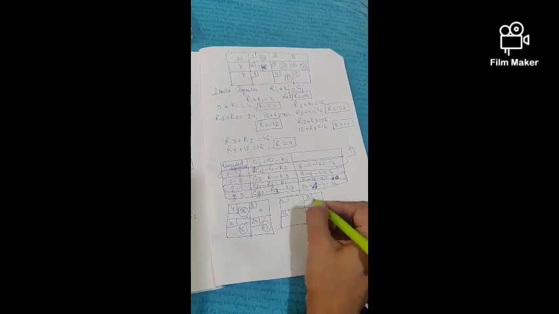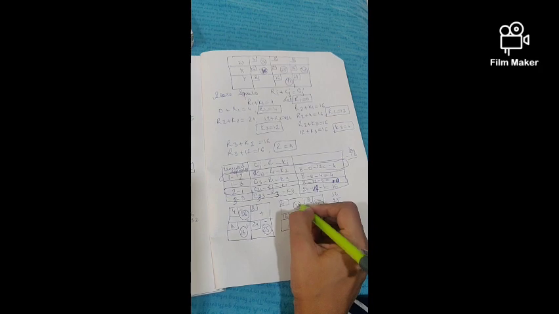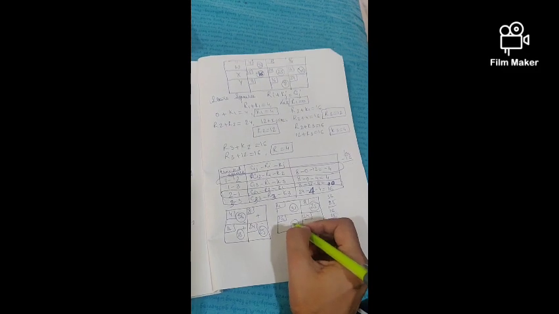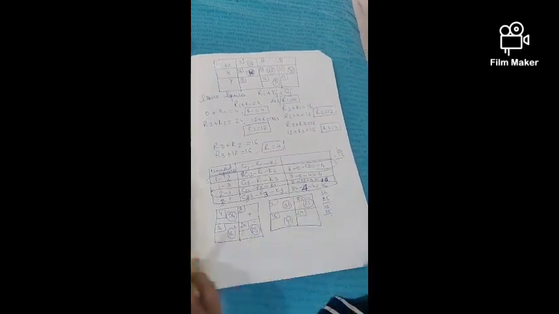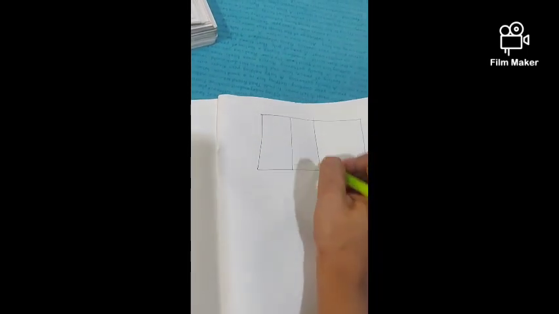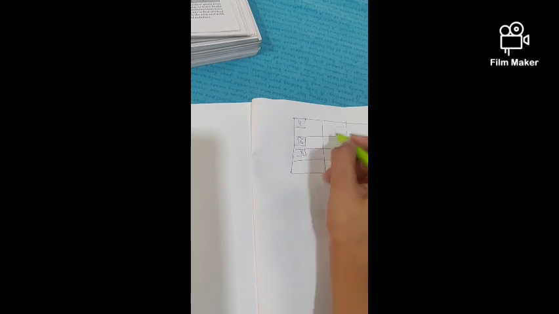This is 25. 56 minus 25 is 31. 16 plus 25 is 41 and 0. So again you will have to make this thing all over again. I'm coming to this one. How will you do it? You will again note down the original question, but you will make changes in these allocations only. Otherwise everything will remain the same. You will not touch any other thing except these. This is 4, 16, 8. I'm just noting down the original question we had.